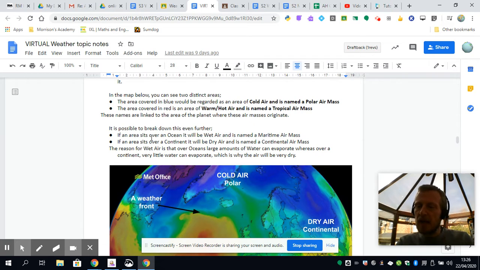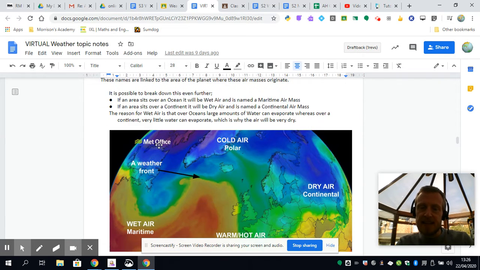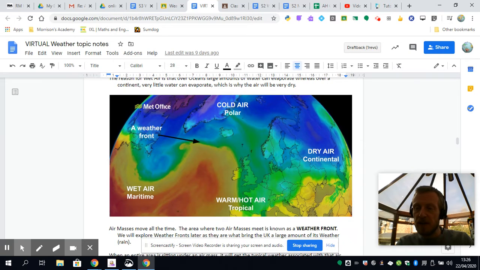The temperature is going to be largely the same wherever you are within that air mass. That's the first thing. And the second thing is that the amount of moisture in the air, whether there is a lot or whether there's very little, will be very similar wherever you go. So if we just have a little look